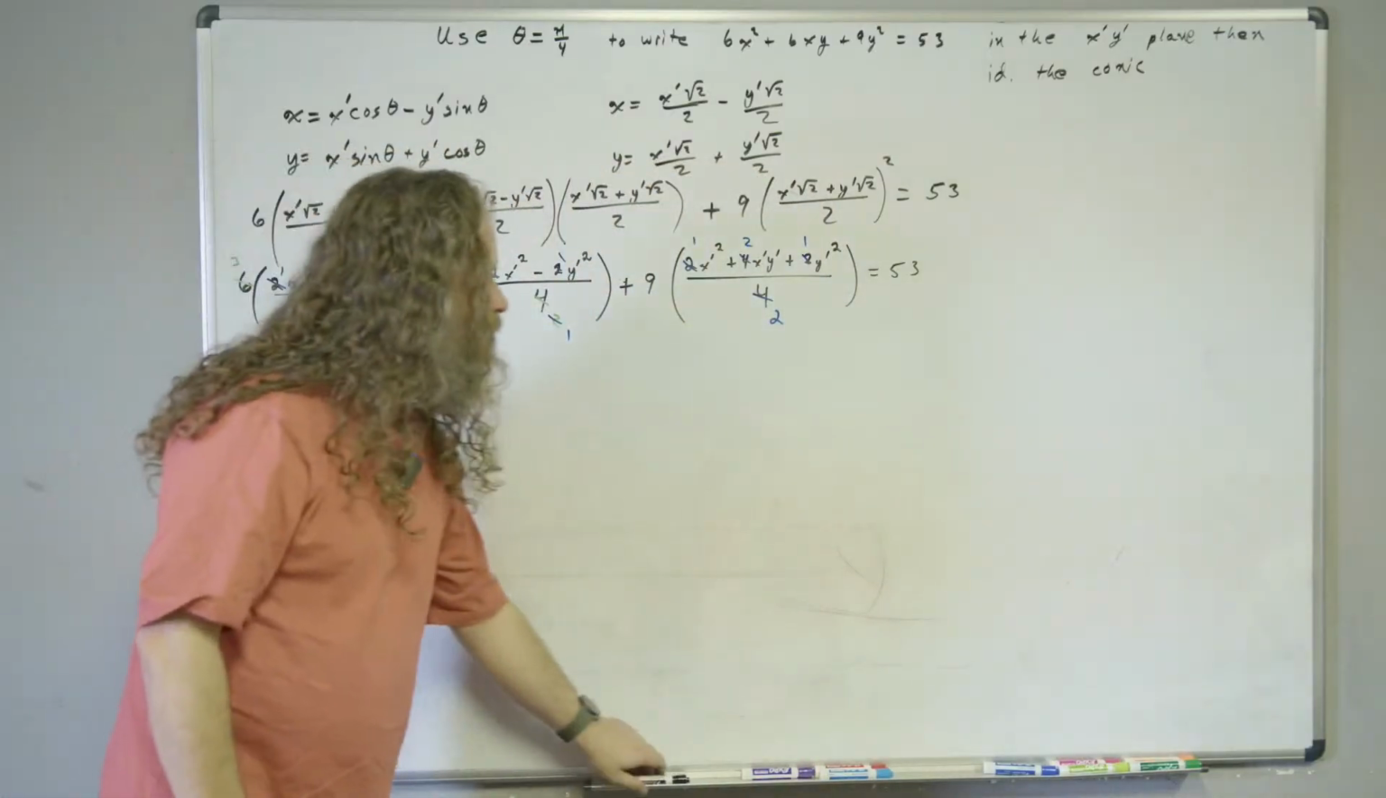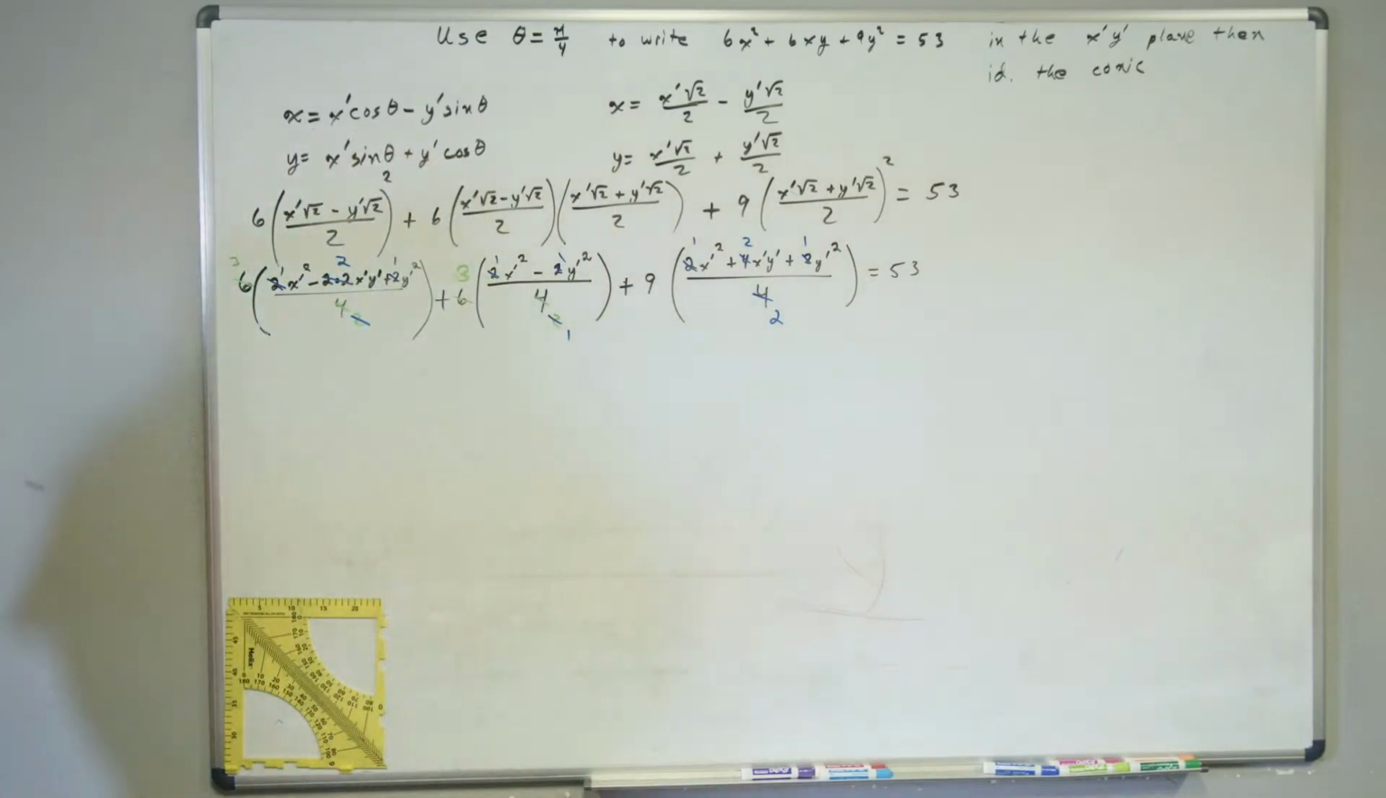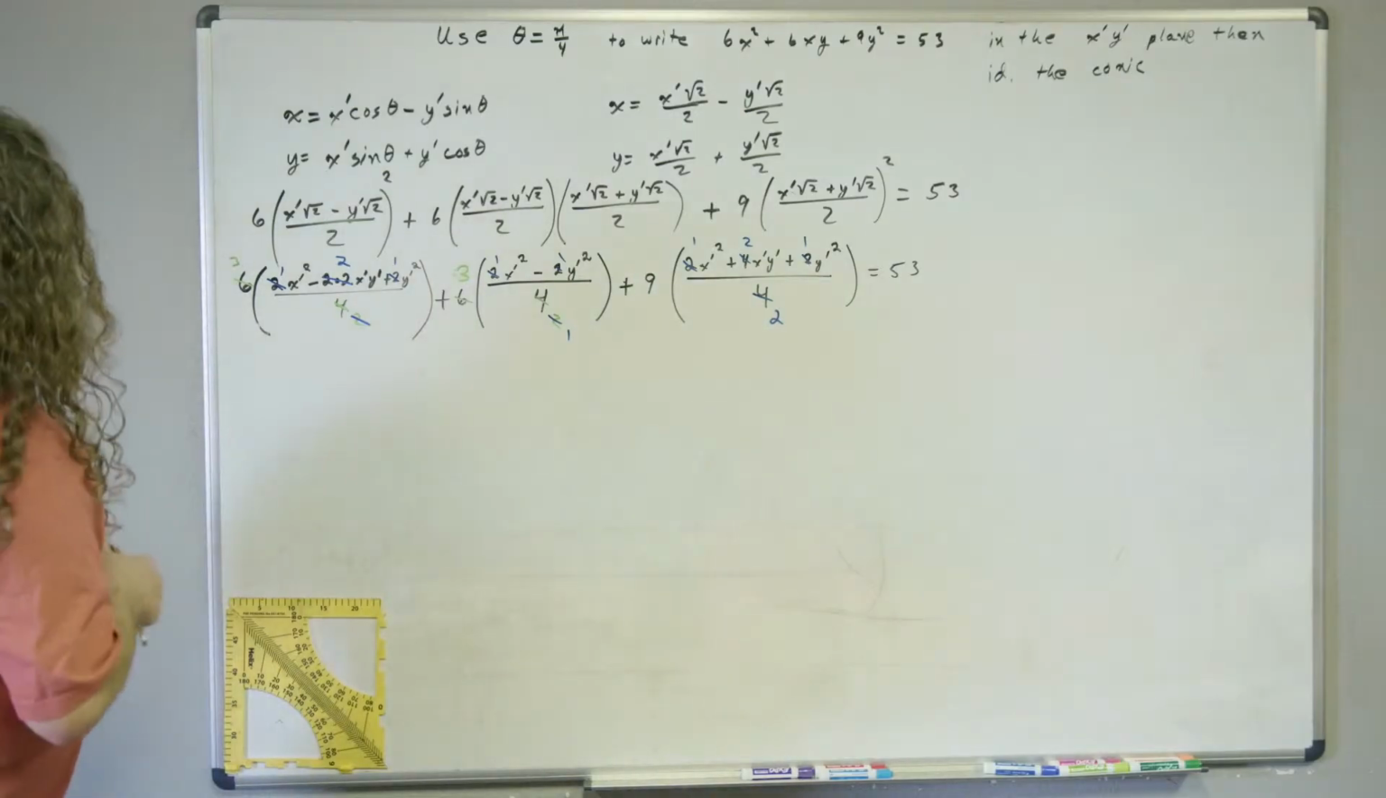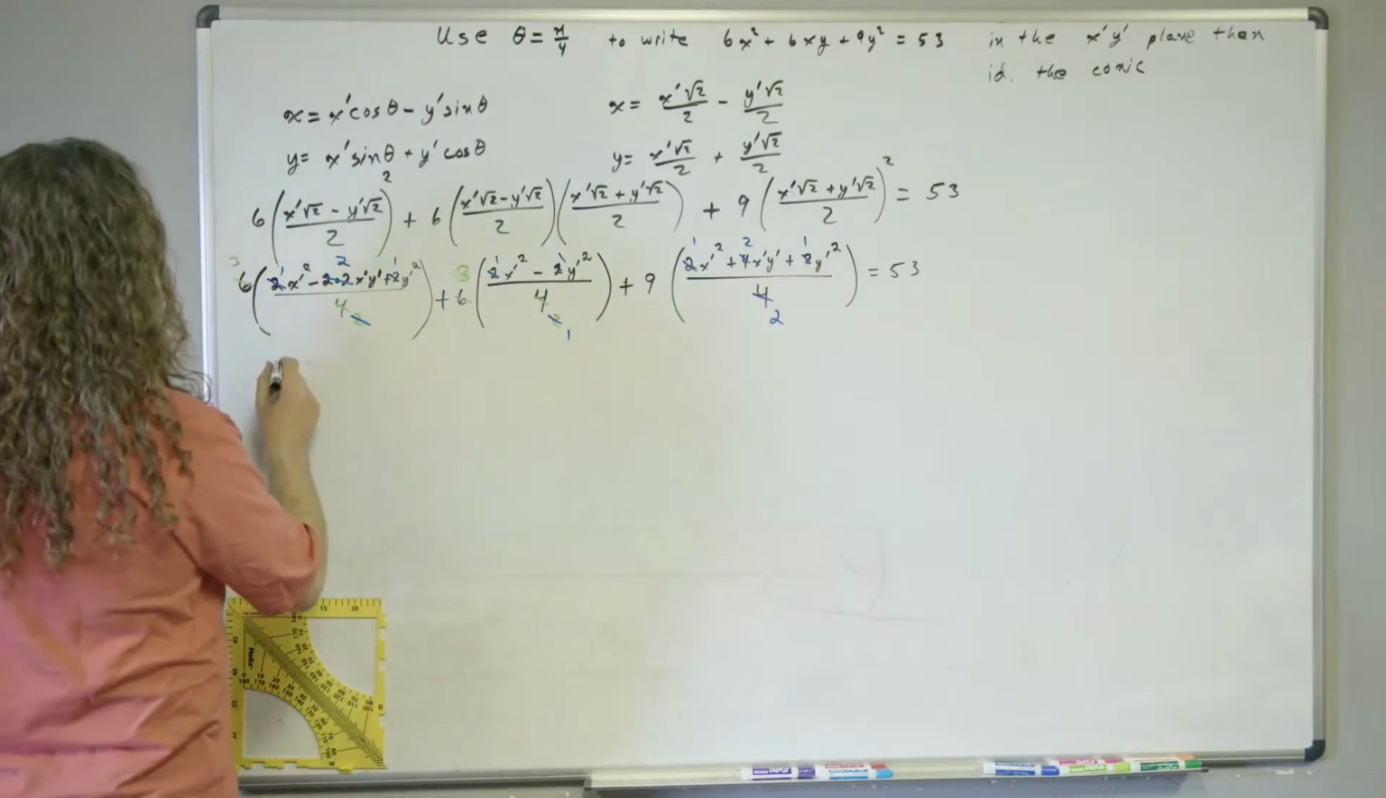If I wasn't using another color, I would not do that. I would just rewrite it out, distribute all the stuff, because I'm going to make a mistake if I don't have very clear what I did, right? So, we've got